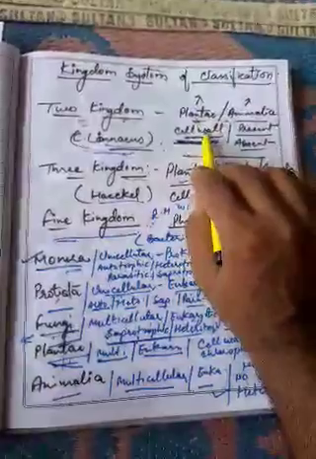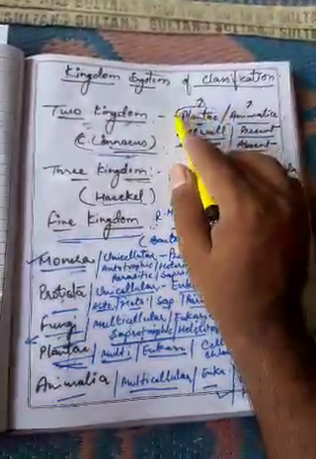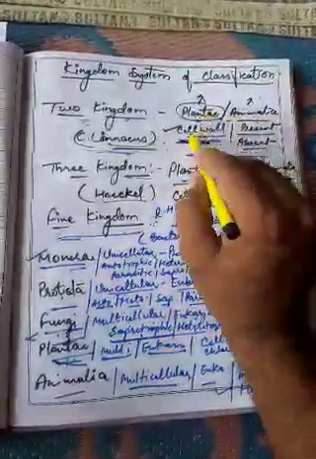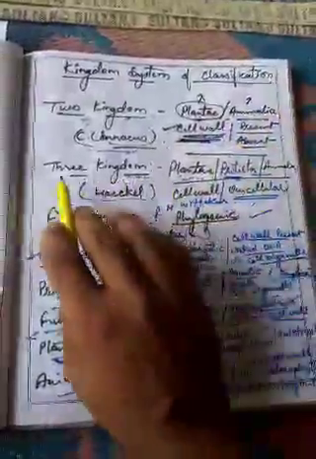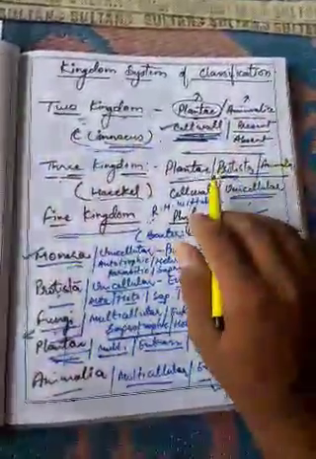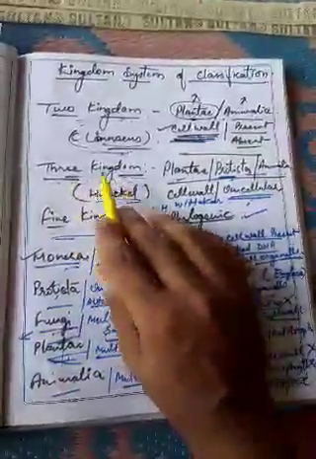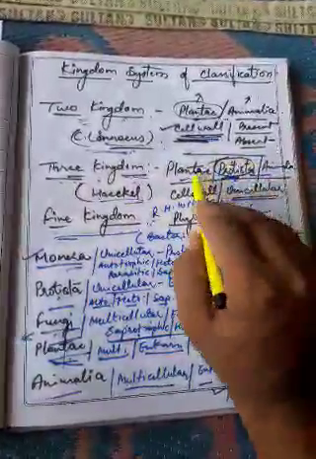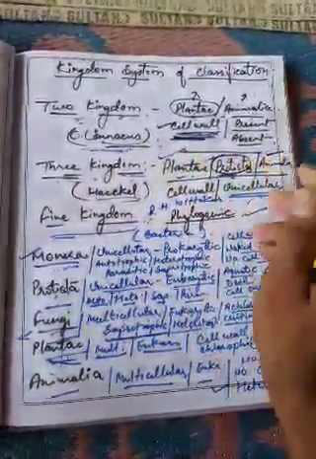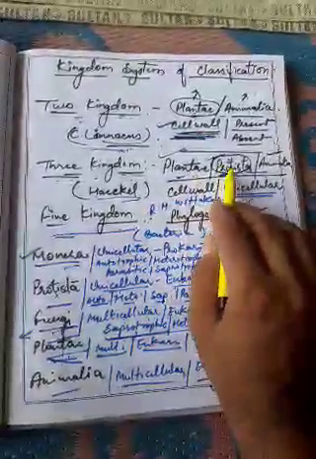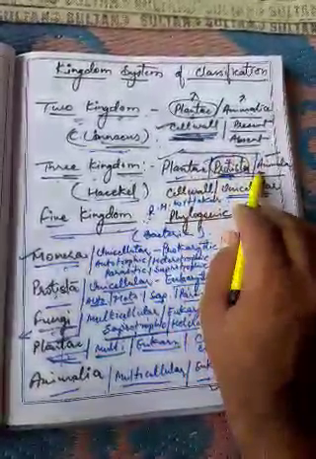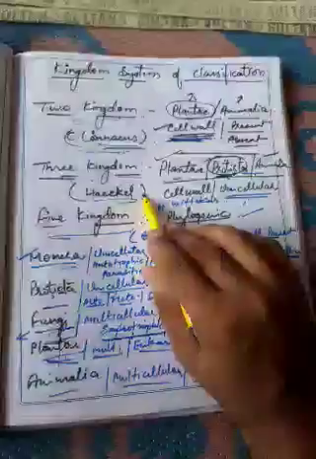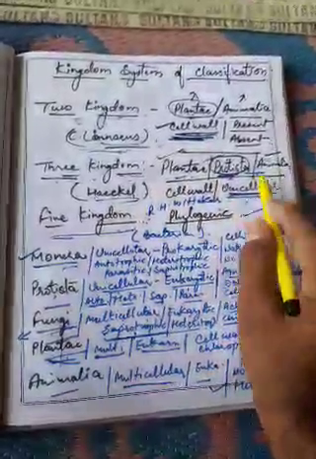Now there were so many other organisms not related to Plantae, but they had a cell wall still. They were not like plants, but they had a cell wall. So there was a necessity to develop another system. Haeckel developed the three kingdom classification system, and he kept one more group, Protista, along with Plantae and Animalia. Plantae and Animalia were multicellular organisms, and in Protista Haeckel kept only unicellular organisms.